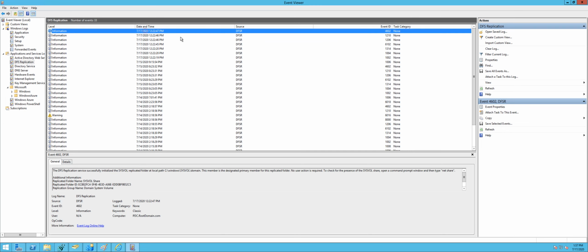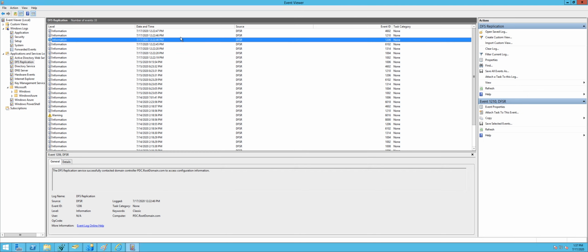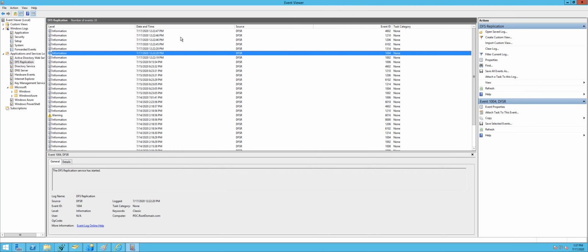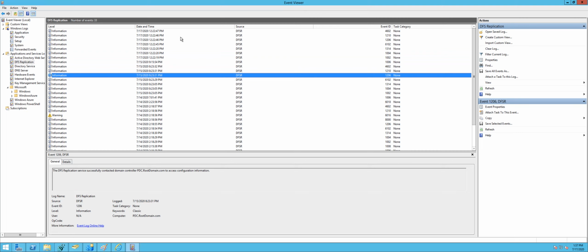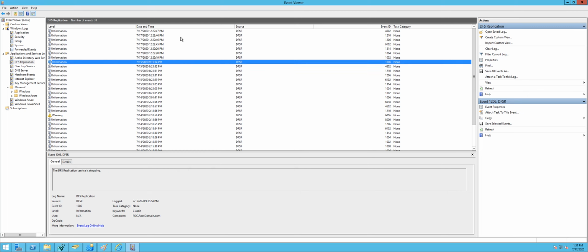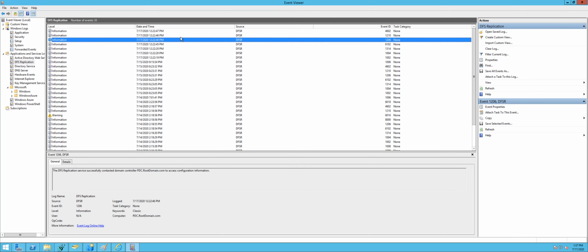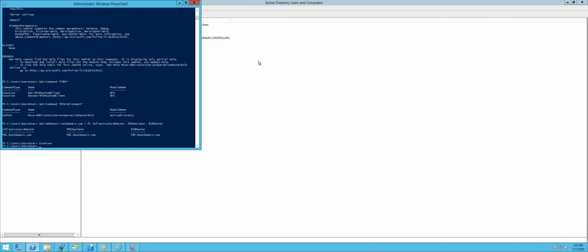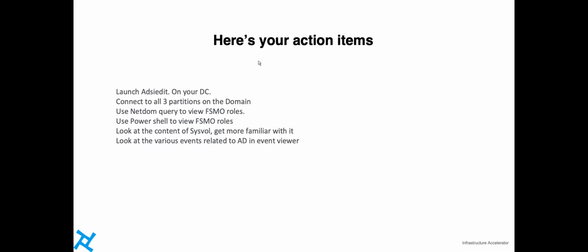So this is the log of the DFS replication which is happening here. And it tells you about what's going on with your Sysvol share and the replication status and various things about it. So if the replication of your Sysvol share fails, if it is unable to replicate its content with the other shares, then it will show up here in the DFS replication. All right. So yeah, look at these Event Viewer things and study more about all the things which have been taught to you, and ask me questions, and I'll see you in the next